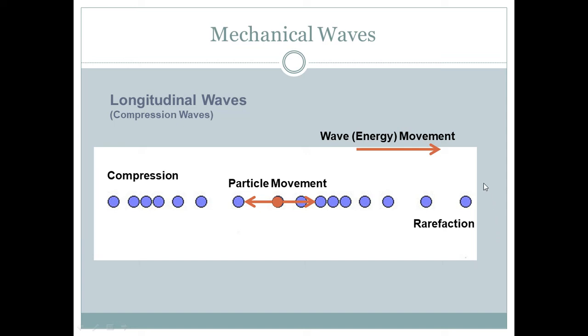Rarefied air, like if you go higher up in the atmosphere, the air gets thinner and thinner because gravity's pulling on it less. Most of the air just sits at the bottom, and so it gets rarefied, meaning further apart. Where it's close to the ground, there's compression. So in this type of wave, there's a compression zone and a rarefaction zone, in fact many of them, but the wave still propagates. These zones move, and the particles just jiggle back and forth. They don't actually move with the material. It's a common misconception. So the wave energy of the movement is to the right.